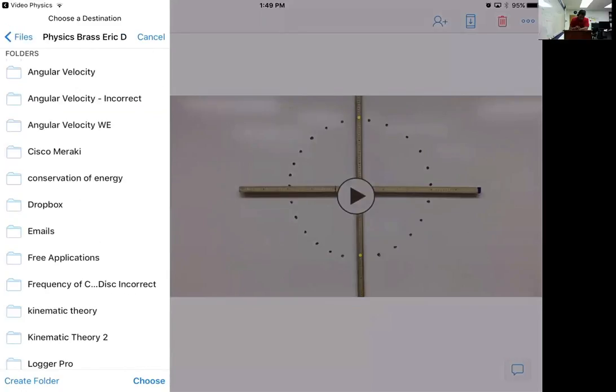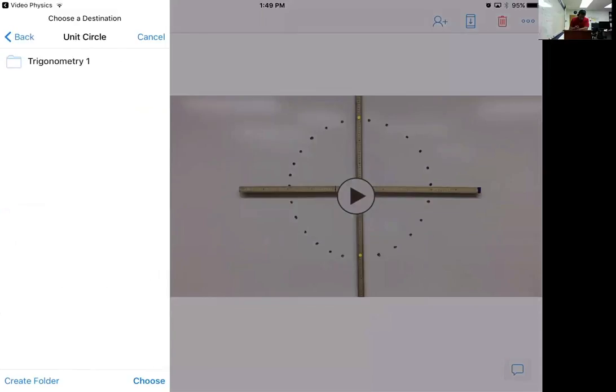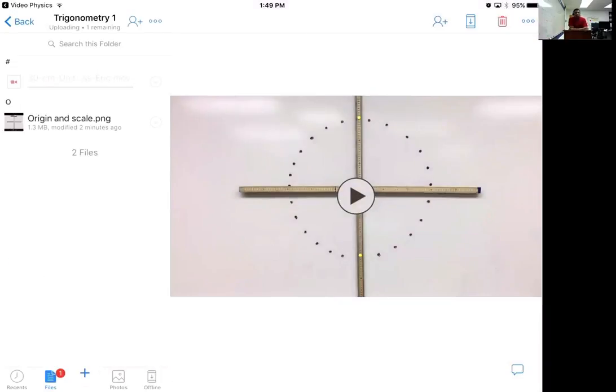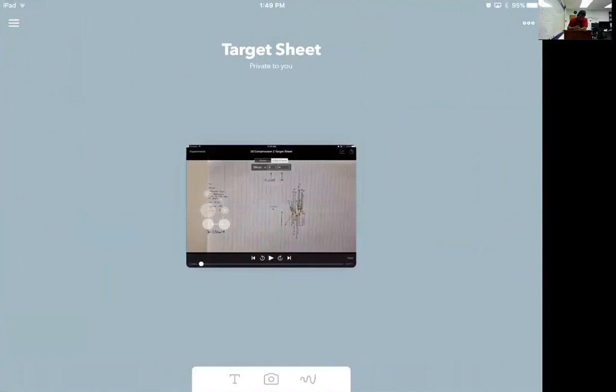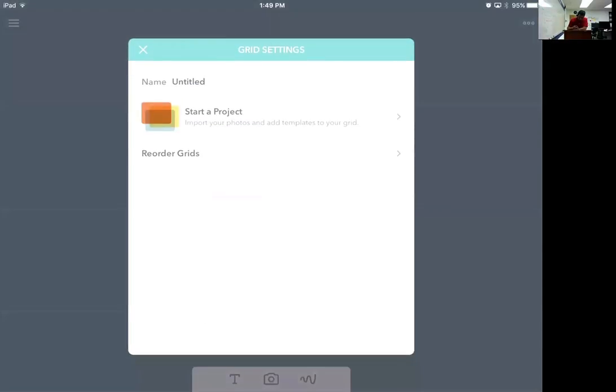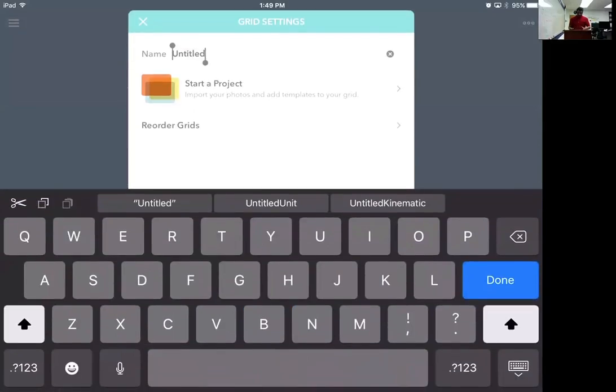So remember that it was unit circle. And I'm putting it under trigonometry. And I'll just choose that one and save. You'll notice that it's already labeled. And so I don't have to relabel it or anything like that. I don't even have to stay in the app. It'll keep processing. One of the things that I want to do is go into Paper by 53, and then start journaling this work. All right. And typically for me, it's just a lecture, but you would want to keep step by step